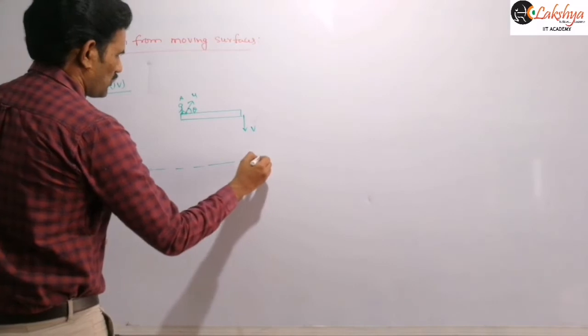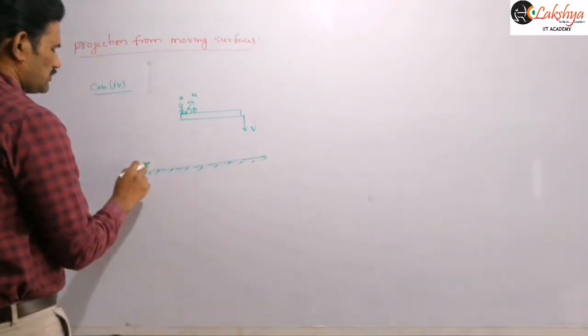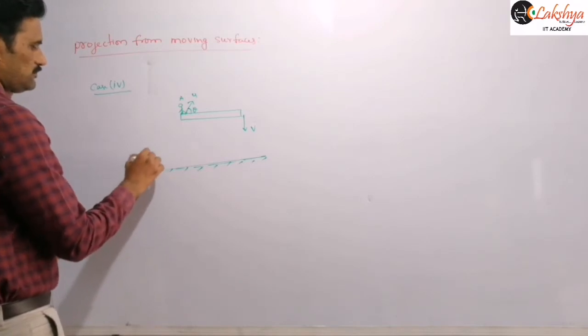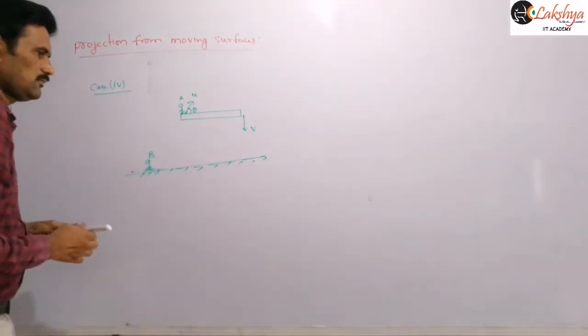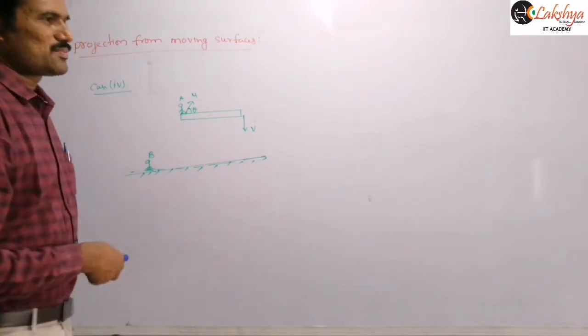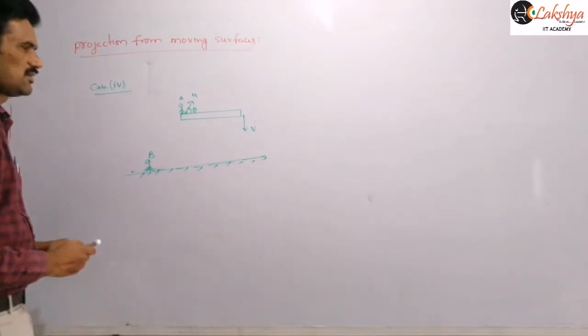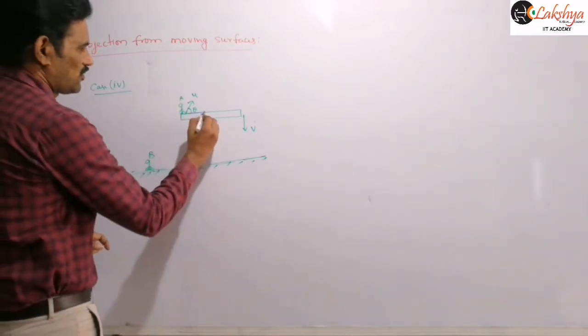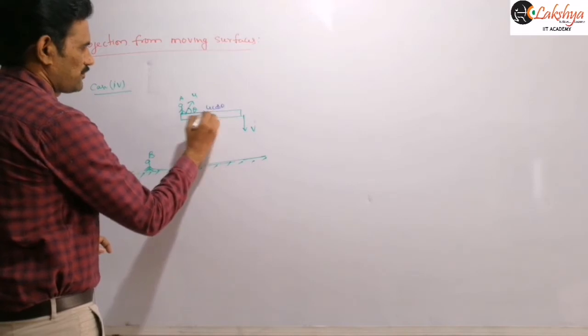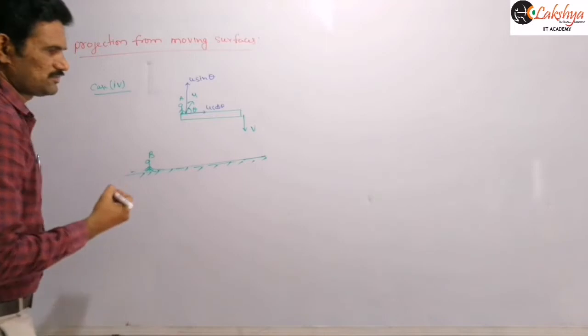Suppose somewhere the ground is here, right? And so now again we need to solve this problem here. With the knowledge of the previous calculation, I think you can solve this problem. You can write these expressions easily. Just resolve this velocity into components here. This is u cos theta and u sin theta you will get, right?